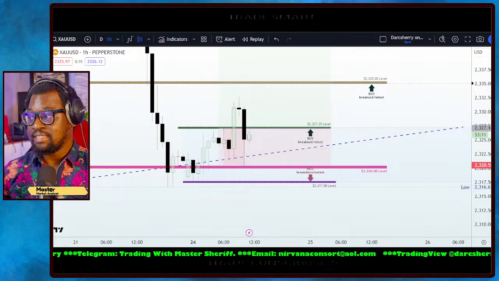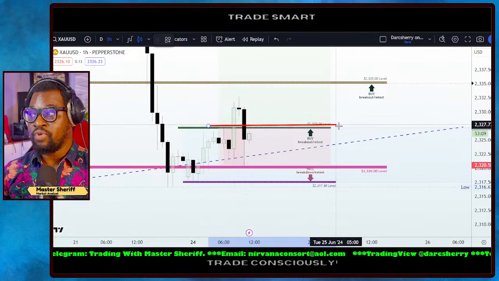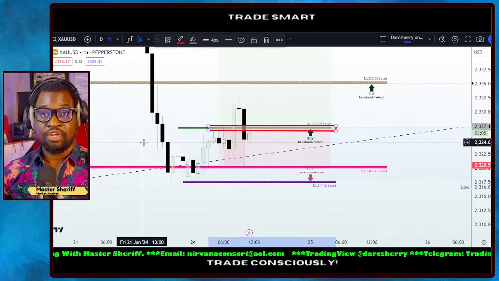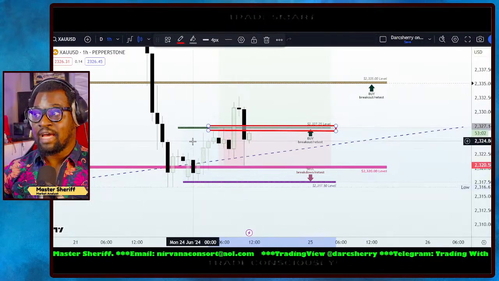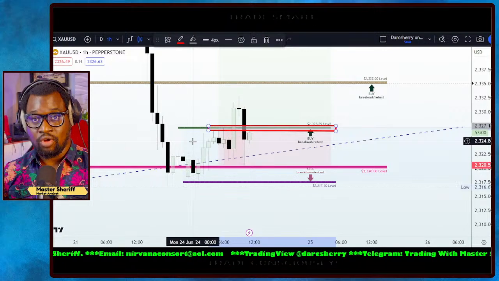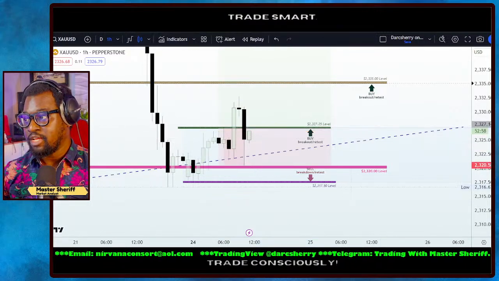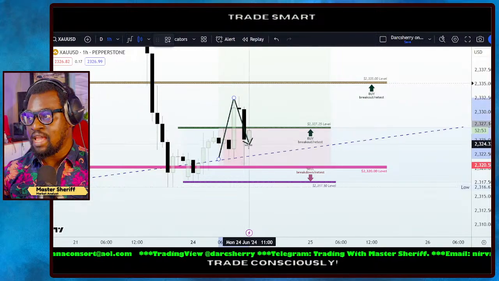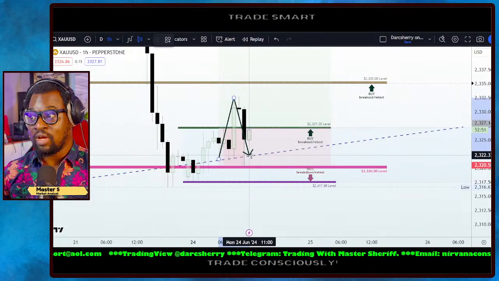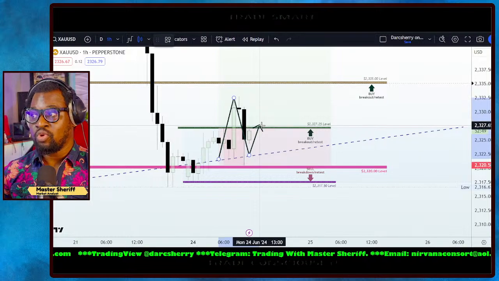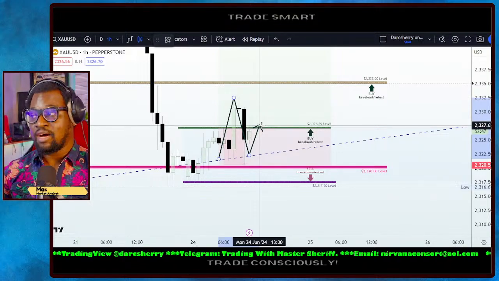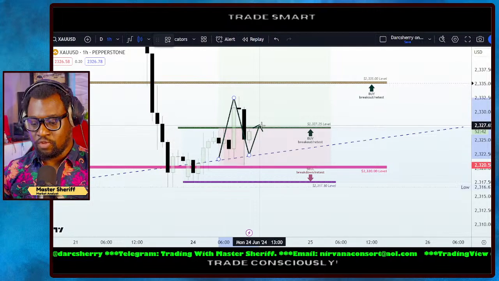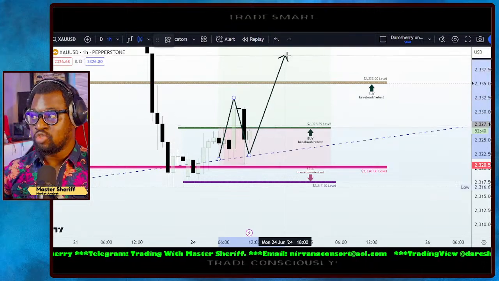Now, as it is right now, the market had already broken out of the resistance line, and like I told you, I moved my stop loss to break even, got taken out, and we are going to be positioning ourselves for another re-entry. So what this simply means is that we already have a breakout of structure, as you will see here. Price comes back to retest the structure and even the trend line, so we will be looking at buying above the $2,327.25 level. So let's position ourselves for this uptrend move, and we'll continue to look out for more opportunity to buy